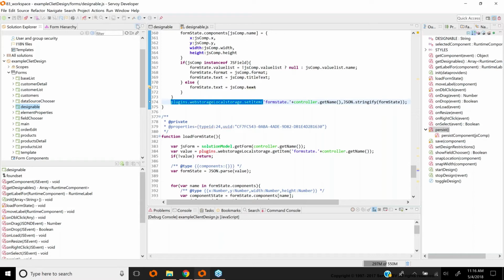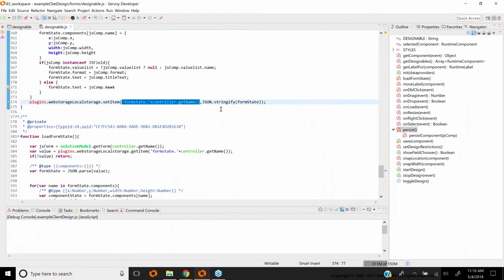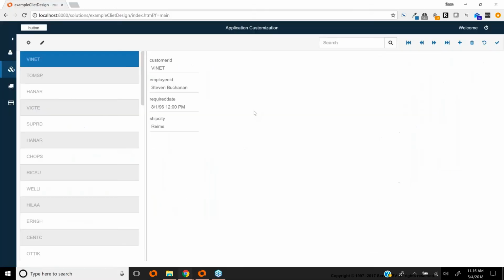And I have to give it a unique key. So I'm just doing form state dot and then the name of the form. And then I stringify that object, so I convert it to JSON. So if we actually look in our browser here,